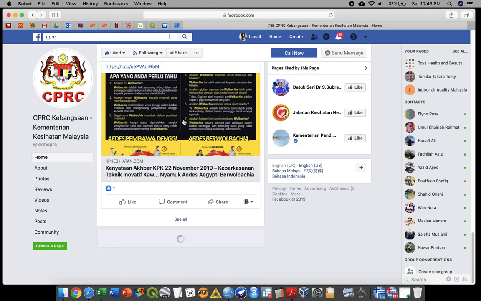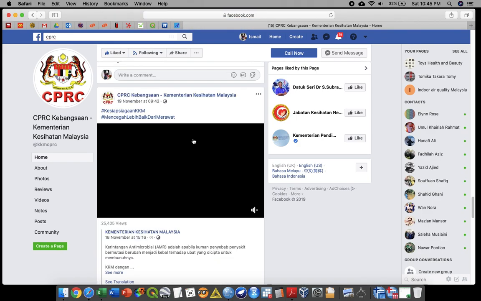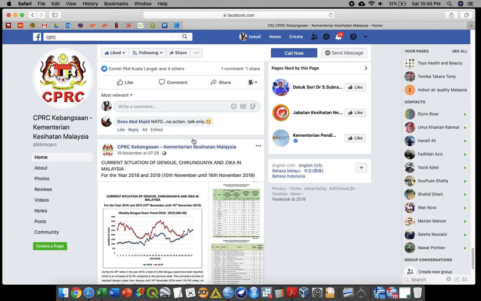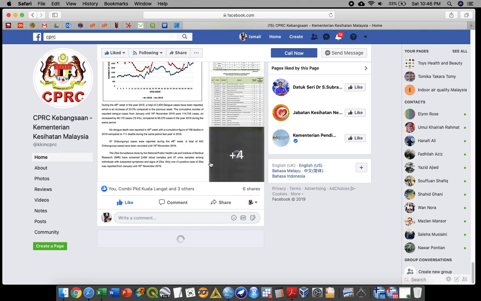Okay, so what I'm going to explain and give some idea about is this post, the 19 November post around 7 a.m. in the morning. I'm interested in looking into this particular data, and based on it I'm going to download it and put it in my mapping, and after that we are going to run the analysis. So it depends on your